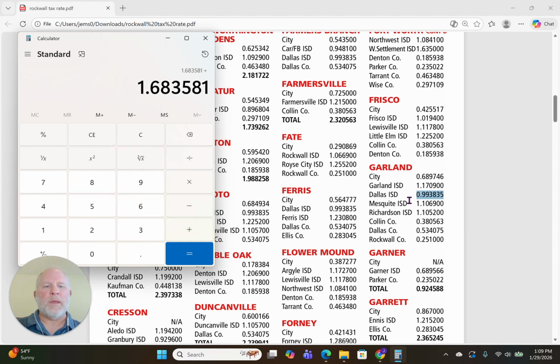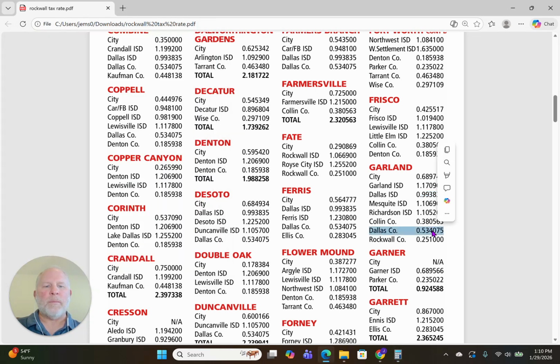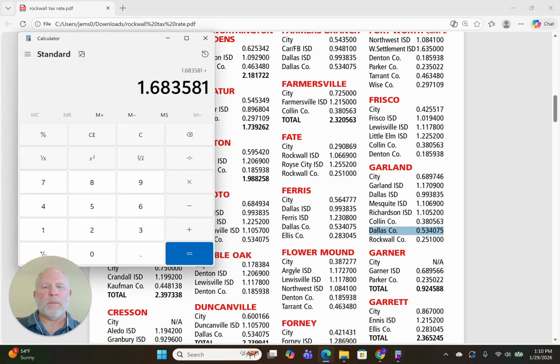We're not going to be in the other school districts, but we are going to be in a county, so our last number is going to be the 0.53, and that's 2.21. Quite a big difference between Garland and Fate, and something to keep in mind as